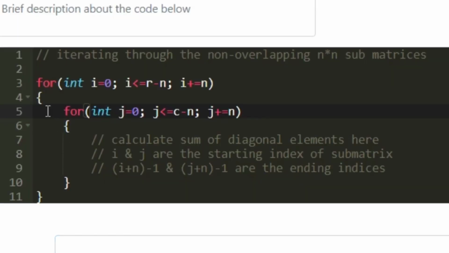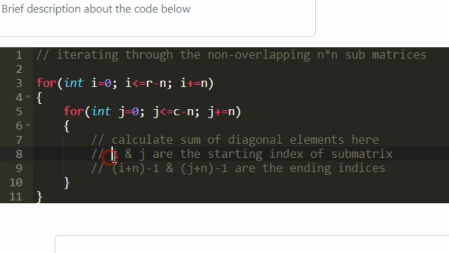If we know the starting index and the size of the submatrix that needs to be formed, then we can easily iterate through the elements of the submatrix. And in this case, we need to iterate through only the diagonal elements of the submatrix. We already know the starting index and the ending index, so we have to create a while loop that iterates from the start till the end. So we will be able to traverse both of the diagonals, and we have to calculate the sum according to the logic.